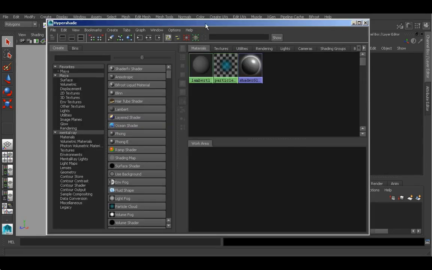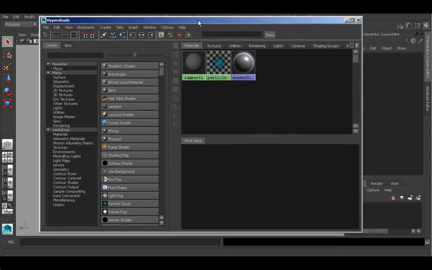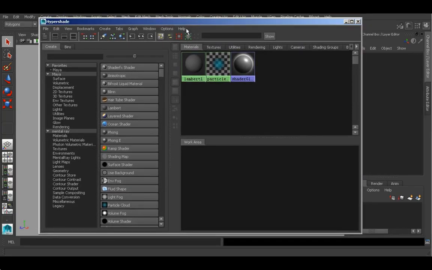Alright, great. So once our Hypershade is open here, the Hypershade tab toolbar is right here in the center. Kind of runs up and down in this column that separates our create bar from our work area and our tabs. You can see here that my toolbar though is grayed out, and I can't click on any of these buttons right now. More than likely yours is probably in a similar state, so in order to bring these buttons to life, let's just go ahead and click over here in kind of this empty area in